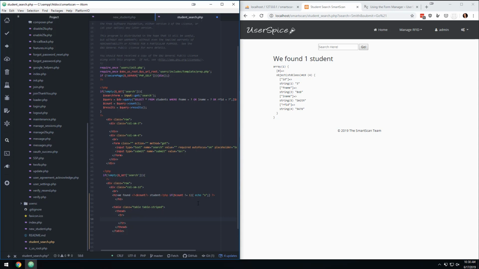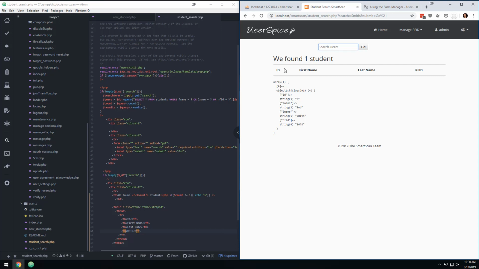So if I were to come in here and say TH ID, and then TH first name, TH last name, and TH RFID. So now if I come in here and I refresh the page, I have this table,